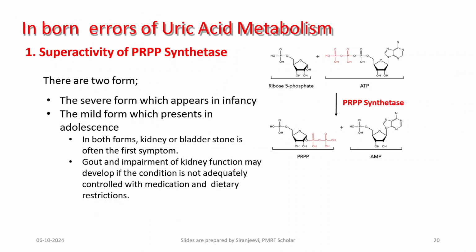procedure. And there are inborn errors related to this uric acid metabolism. The first one we have seen is a superactivity of PRPP synthetase. So the PRPP synthetase that we have seen in the first stage of the purine metabolism, where ribose 5-phosphate plus ATP will be converted to the PRPP, that is phosphoribosyl pyrophosphate. So what will happen here? Whenever the PRPP is synthesized more, then the purine metabolism will be increased. The increased purine metabolism leads to the increased catabolism that finally leads to the uric acid